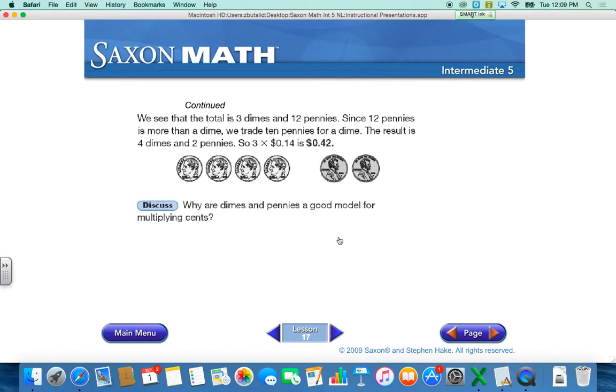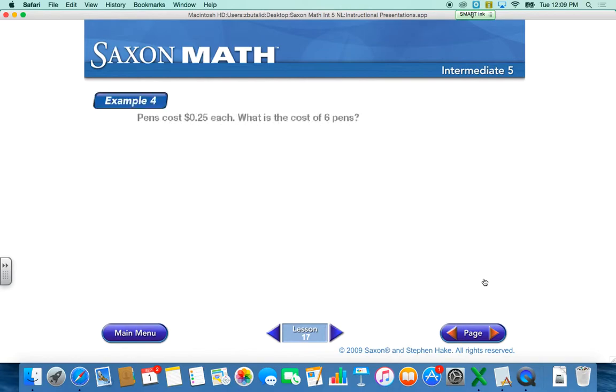All right. On the back, I want you to write, why are dimes and pennies a good model for multiplying cents? Think about the tens and think about the ones. This is a good way to show multiplying. I want you to give me one reason why this is a good model for showing that. All right. Let's go to